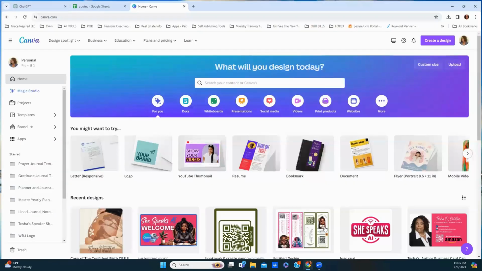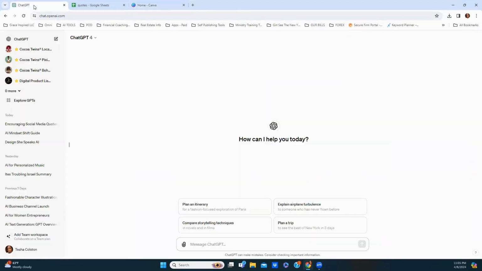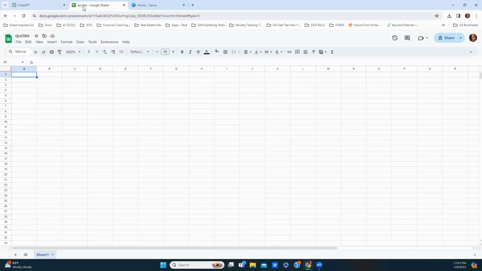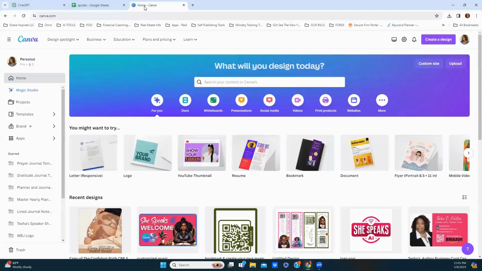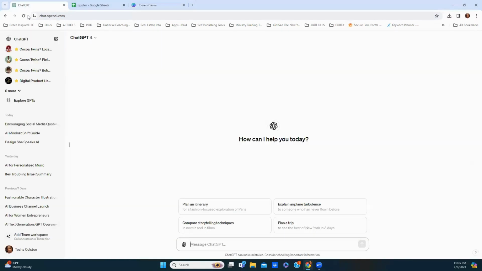And I already have my systems pulled up. You're going to need ChatGPT. So that's step 1, create your quotes in ChatGPT. Step 2 is to create and download your CSV file. And I'm using Google Sheets to do that. And then step 3 is going to be to create your quote graphics. So step 1,